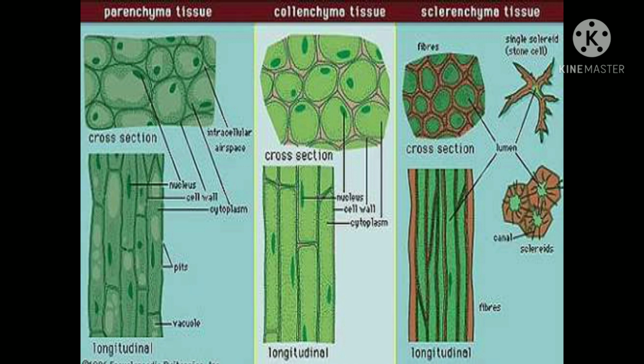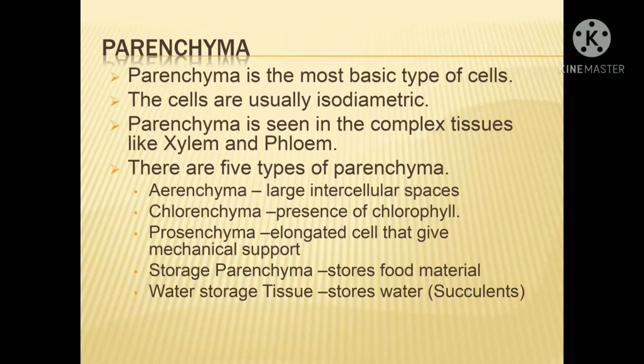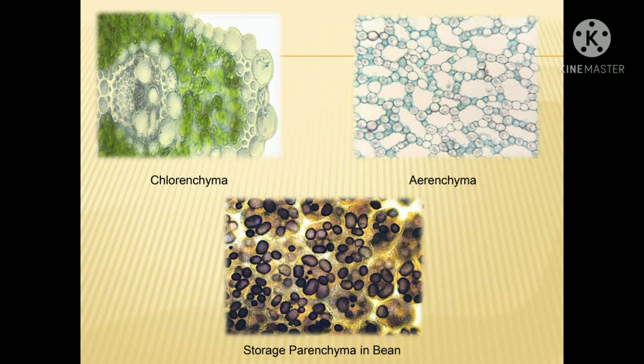So first, parenchyma. Parenchyma cells are basically living cells. They are isodiametric. They are present in xylem, phloem, and other parts of the tissue. Based on their role, they have different types, like aerenchyma, which is present in lotus and holds air, like in the image. Chlorenchyma helps in the production of food, and storage also, like in seeds, fruits, or leafy vegetables. The collenchyma are the ones who store the food.